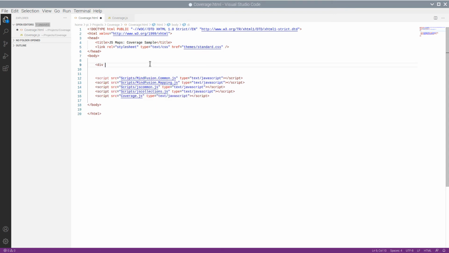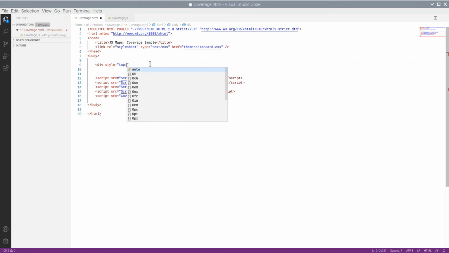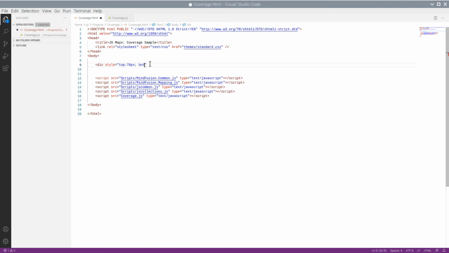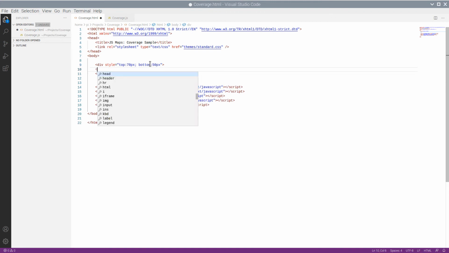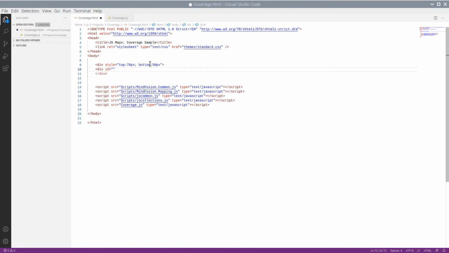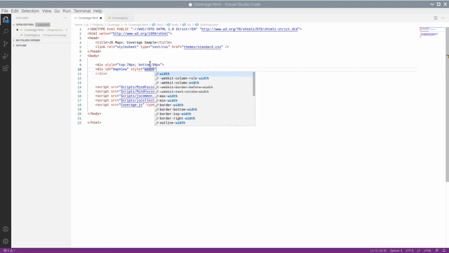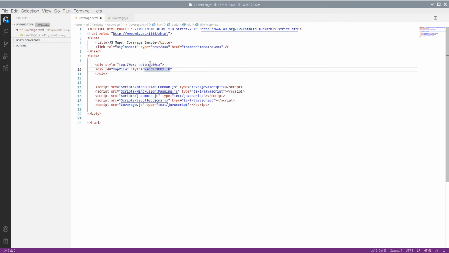Now we create a div element that spans almost on the whole page. In it, we place another div, which has an ID. It is important because this div will represent our map, and we need the ID to refer to it when we create the map view instance in a minute. With that, we are ready with the web page and we can start coding our mapping application.